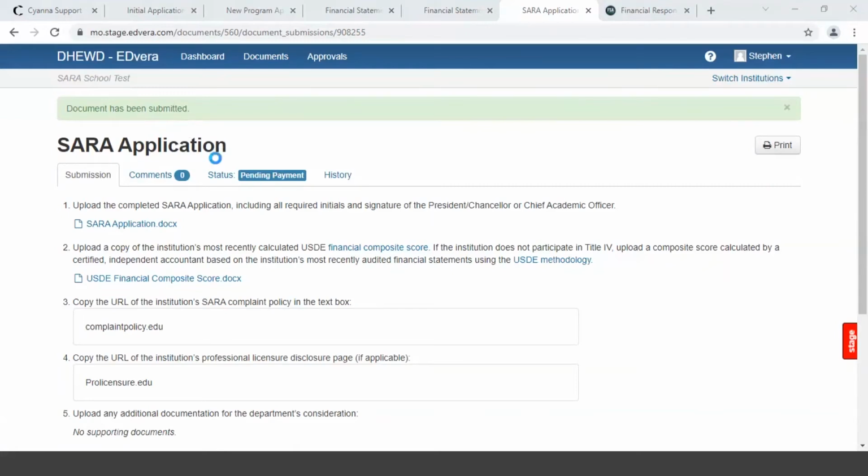But the user manual, Stephen, can you pop that up real quick, and we can walk them through that if you have it available, and take us to the payment portal site. One second, I'll pull it up.